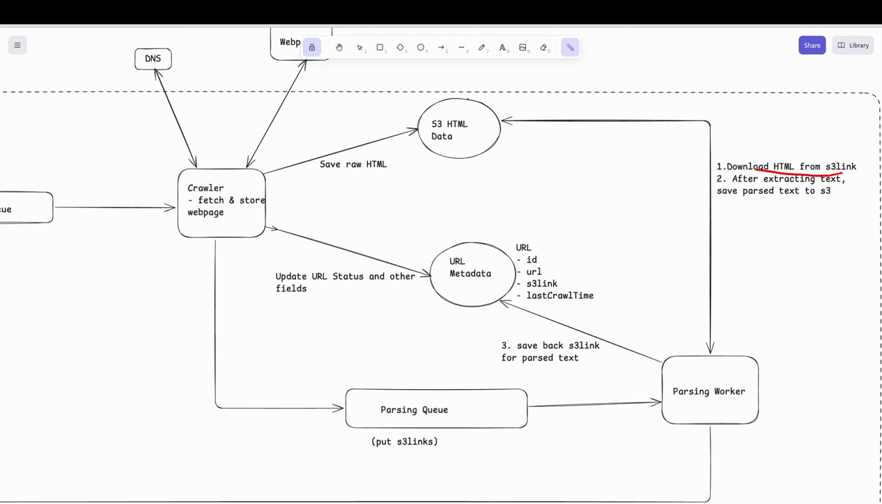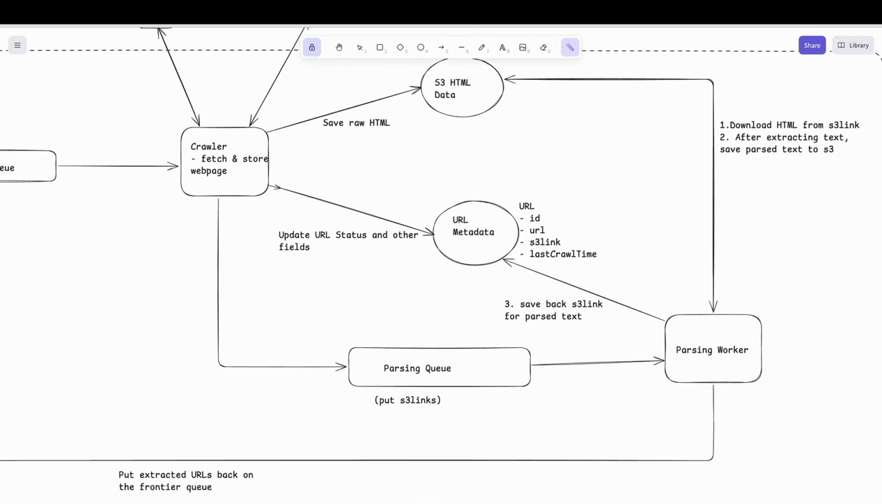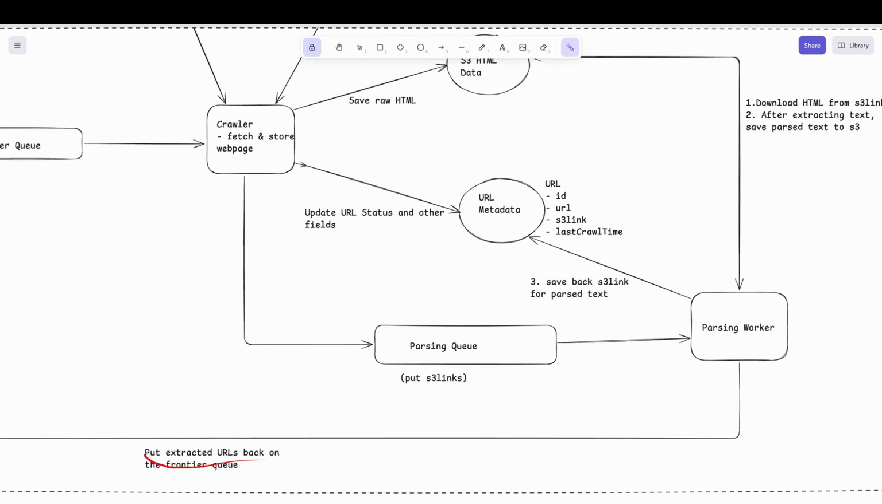So that is the first step, downloading HTML from that S3 link. After downloading, we do some processing of the logic to extract text. Once we have extracted text, I'll save the S3 link for the parsed text back to the bucket, and then update our URL metadata to keep track of the text S3 link URL. And if we found any link to another URL, I'll put it back onto our frontier